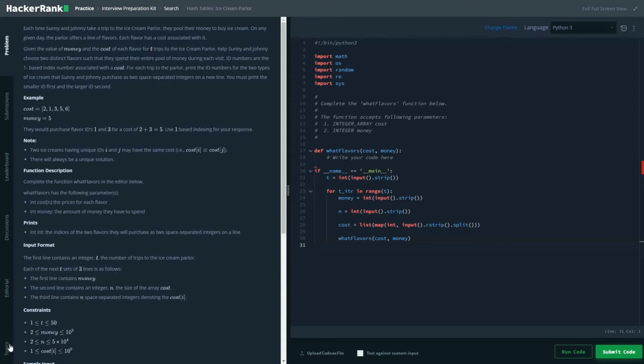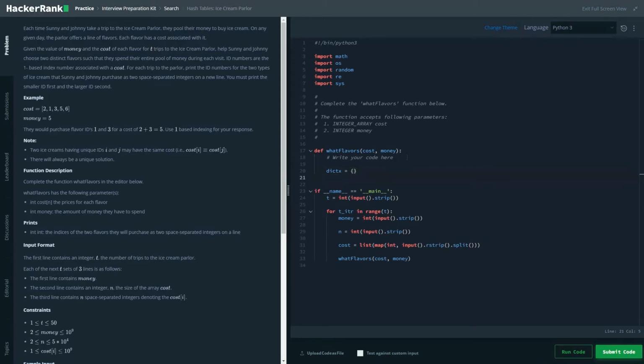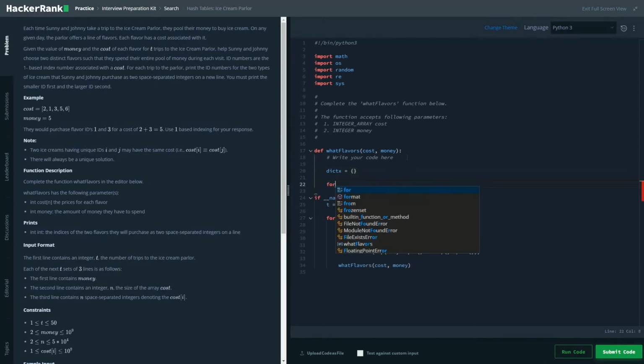As you could understand from the problem name, it is a hash table, so you have to use a dictionary here. To do this, first let us create a dictionary. Say dict, which is my favorite dictionary variable name. I don't know why, but it is. So let us assign the values for this dictionary.